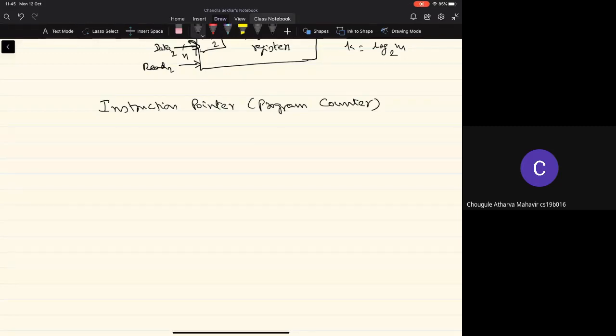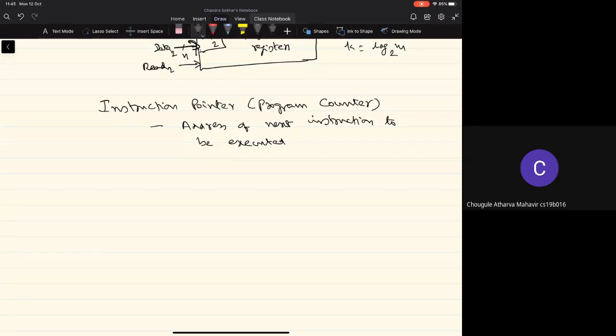As you might be familiar, the instruction pointer or program counter will have the address of the next instruction to be executed. So typically we are talking about the specification of the location in the main memory, which we'll be talking about briefly in the next class possibly, where the next instruction to be executed is available.